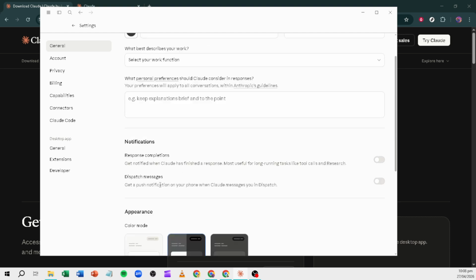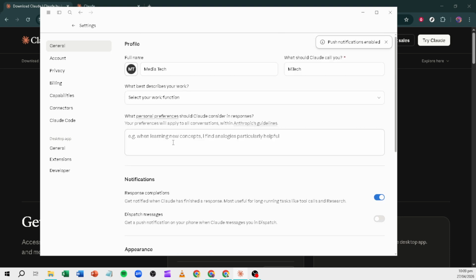For advanced users, you can allow Claude to interact more directly with your system. Open settings, then go to the general section. Here you'll see toggles for computer use and browser use. Turn these on if you want Claude to perform tasks like opening files, navigating folders, or working within your browser